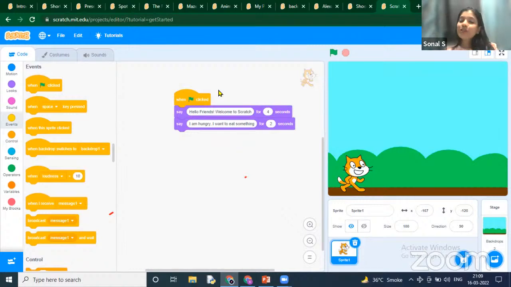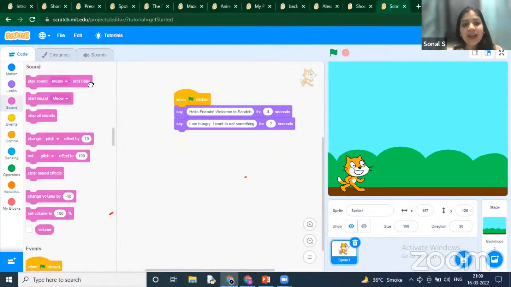Now I just want to add some sound for my cat. This cat wants to say some meow. So I will go to the sound block and I'm going to play this sound over here. As you can see, there's already a lot of things inbuilt which we can use. Okay, so now when I click on this green flag,